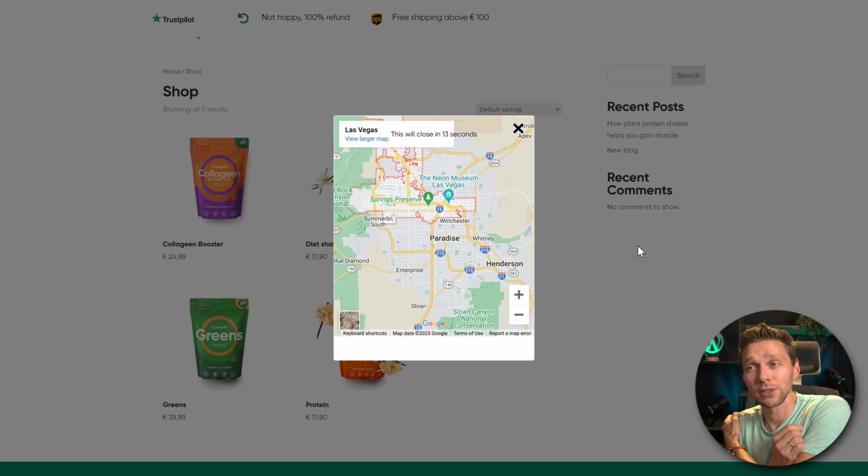That's the way I would do it, or else it's a lot of hassle to get that API key. Plus, it will not be free if you have a lot of visitors on your website. Besides that, it's a really cool idea, but I don't think it's the fastest way to do it.